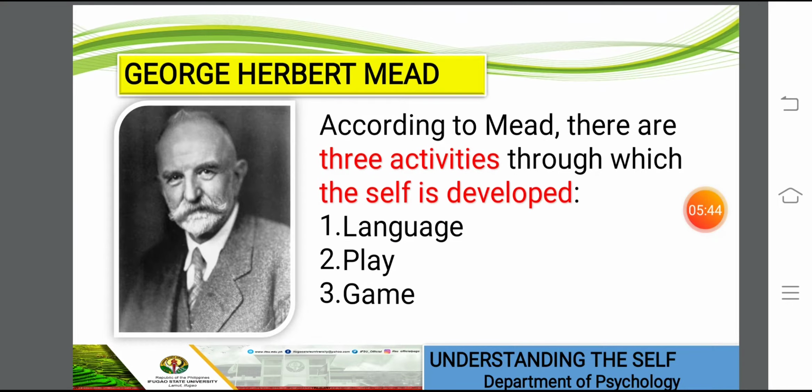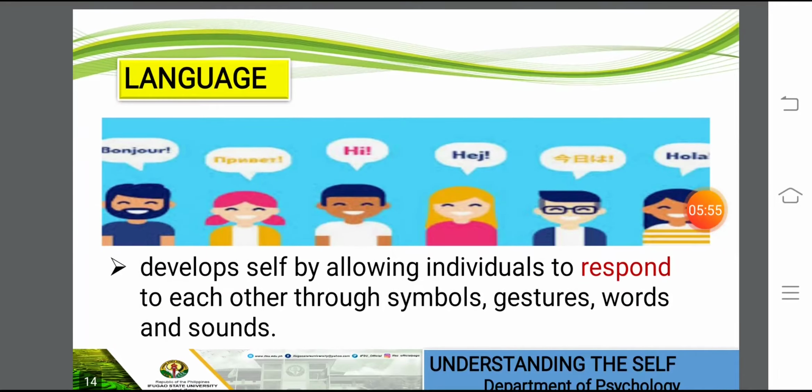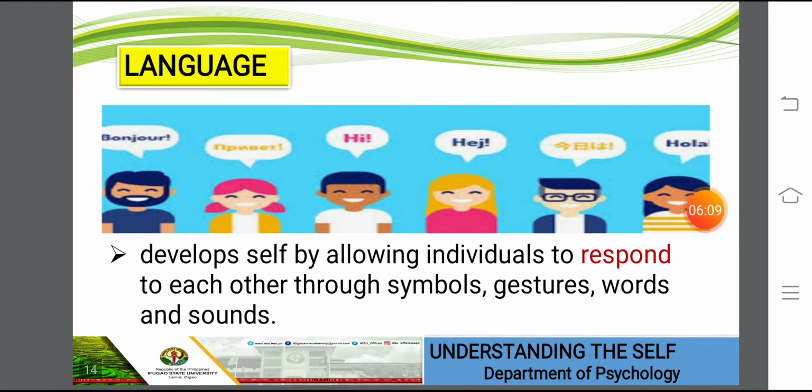And according to him, there are three activities through which the self is developed. First is language, second is play, and third is game. So let's dissect this. Language, according to Mead, develops self by allowing individuals to respond to each other through symbols, gestures, words, and sounds. For example, an infant who can just babble